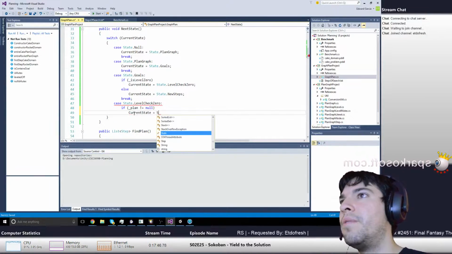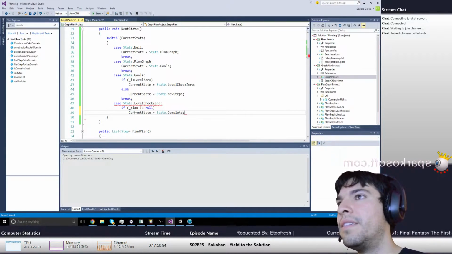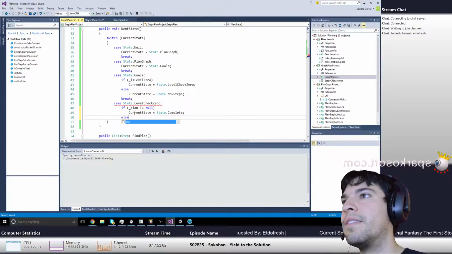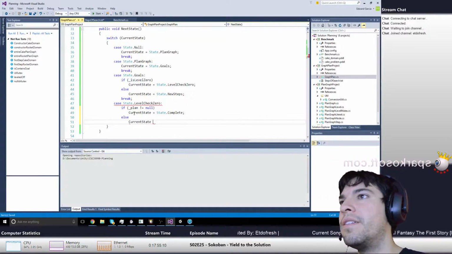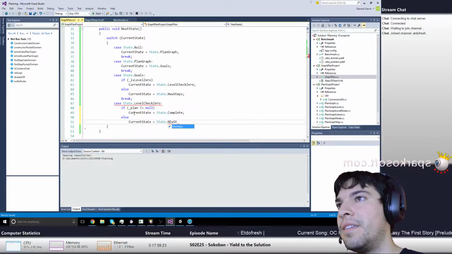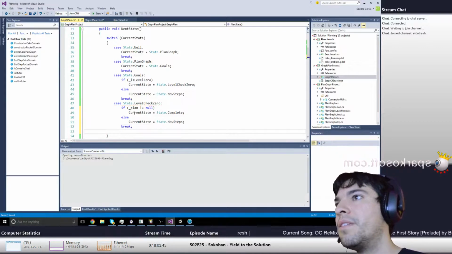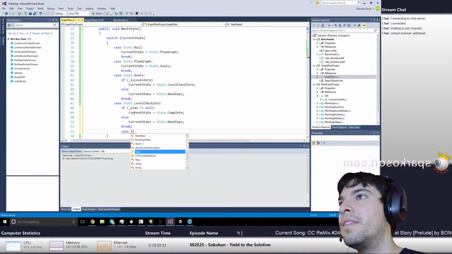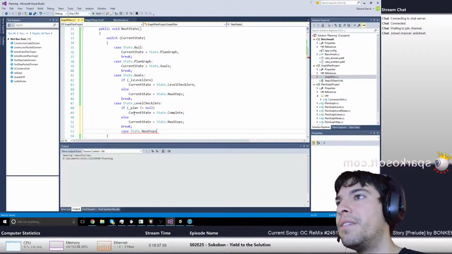Current state equals state dot complete, else current state equals state dot new steps. Cool. So now we got two cases that get us to new steps. Case state dot new steps